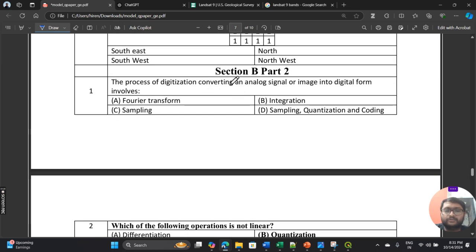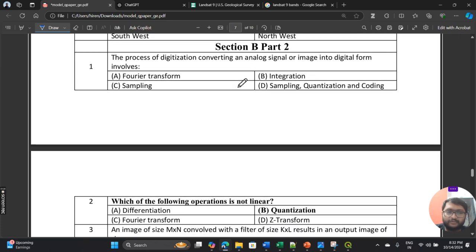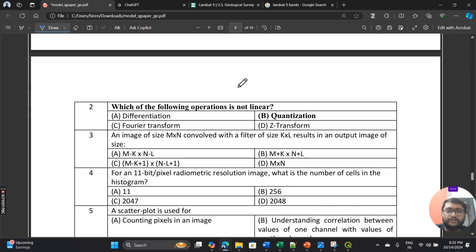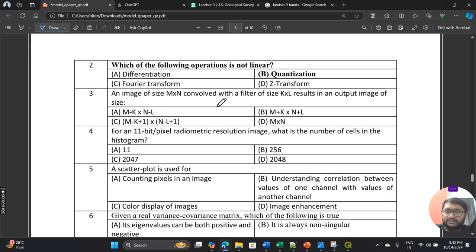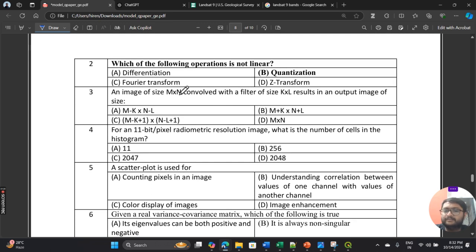Then the process of digitization, converting an analog signal or image into digital form, involves sampling, quantization, and coding. Which of the following operations is not linear? We also discussed this, but here the options were different for our case. I think quantization is not a linear process. Yes, correct, quantization. Then the image of M cross N convolved with a filter of K cross L results in an output image of